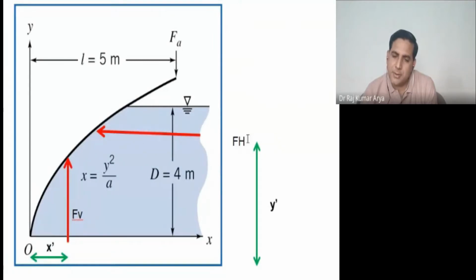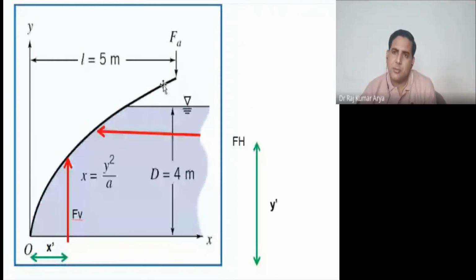Then once we have calculated all the forces and the distances, we have taken the moment balance of all forces. Means you have one force here Fa, other force Fh, other force Fb, and these are points. You have calculated the moment about any point. You can take it on the surface, you have taken about point O, and then you did the balance. Clockwise moment is considered negative, and anti-clockwise is considered positive. So you have calculated this much force to support this particular gate, right?